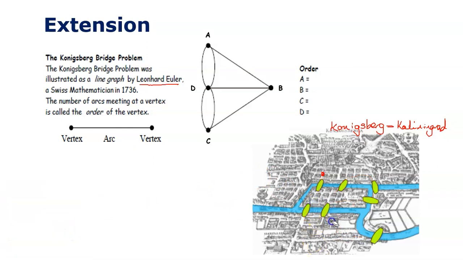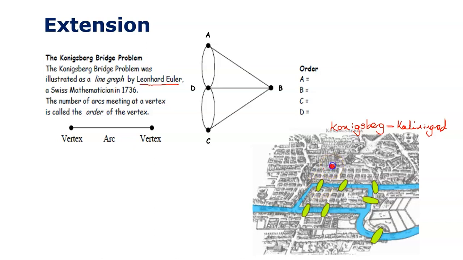And this went on for a long time. A lot of people said you could do it. A lot of people said you couldn't do it. And I suppose Euler must have lived there for a time or knew about this problem. He basically went away and thought of a way to prove that this was impossible, and he eventually proved it was impossible. And he did this by considering